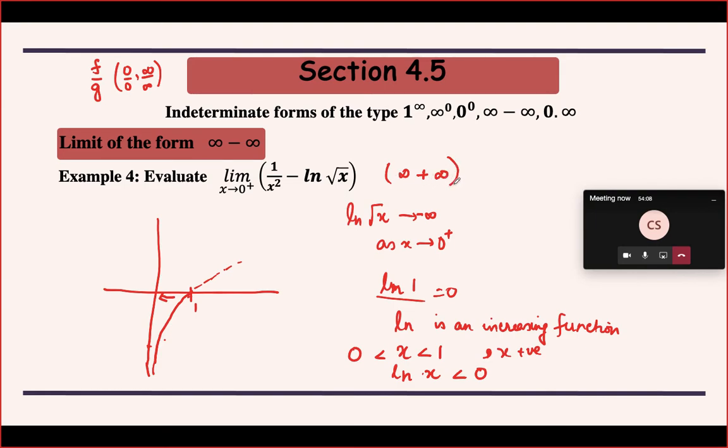Now what value is this? You have a very big number and you add another very big number to that, so it is infinity. Okay, so the limit of this is infinity, and it is giving a false impression that it is an indeterminate form of this type, and so we need to apply L'Hopital's rule or something like that, but that is not the case. It is not giving us that particular value when we actually substitute.